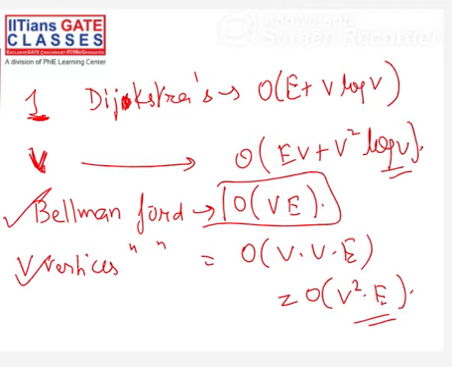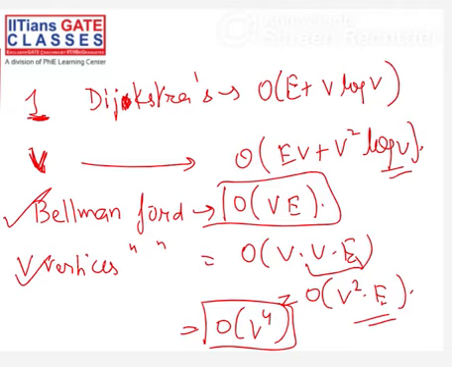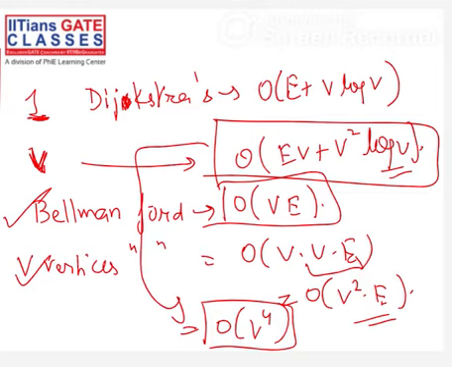All right. So now what I'm saying is, if you are going to apply Bellman-Ford on V vertices to find the all pair shortest path, the time complexity of this whole thing will be multiplied by V. So this becomes order of V square into E, or you can say in worst case, it will take order of V raised to power 4. Okay. So now these are the two time complexities. One is this and the other one is that. These two time complexities are the ones if you are planning to apply V times Dijkstra's algorithm and V times Bellman-Ford algorithm to solve the problem of all pair shortest path.